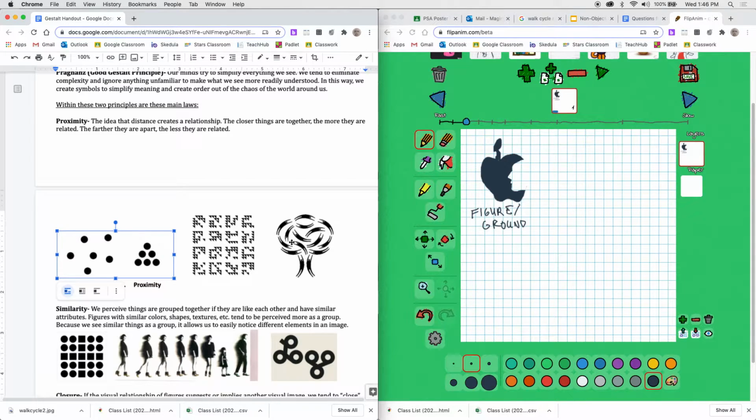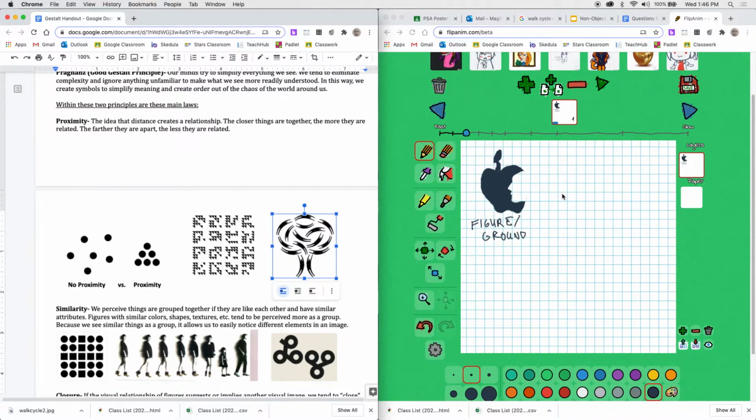Okay, so similarly, we can see the tree here, even though if we look at the individual parts, it's a bunch of people. So if I was to take that concept in relationship to generosity, I would have to start thinking about what I could do to create a bunch of little things close enough together that I read it as something else. So let's say I was taking a different concept other than generosity, and let's say I was having something to do with bugs. Okay, I could start to draw a little bug,